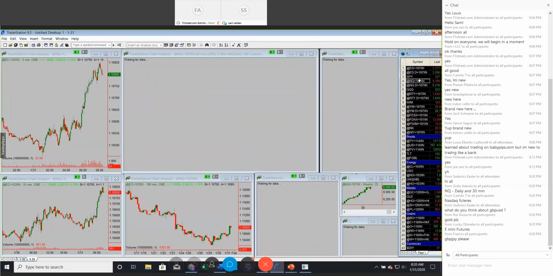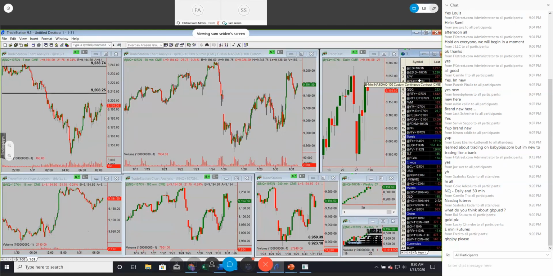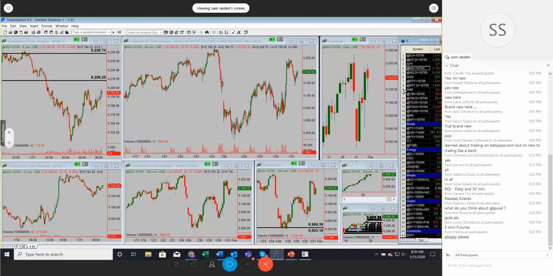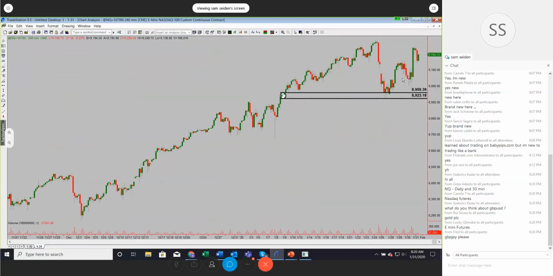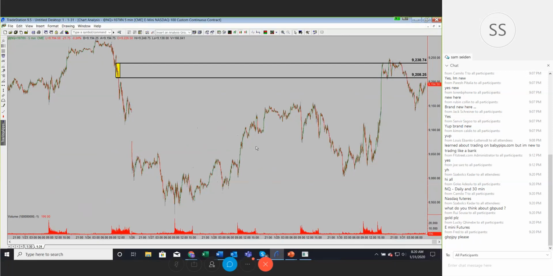The NASDAQ's been a big mover for us. So let's see where things are at here. We recently had a rally off of our demand zone here. And then yesterday, prices came into a supply zone for us here. Went through a little bit. This is a level that we gave in the session yesterday. But nevertheless, it turned in that general area.